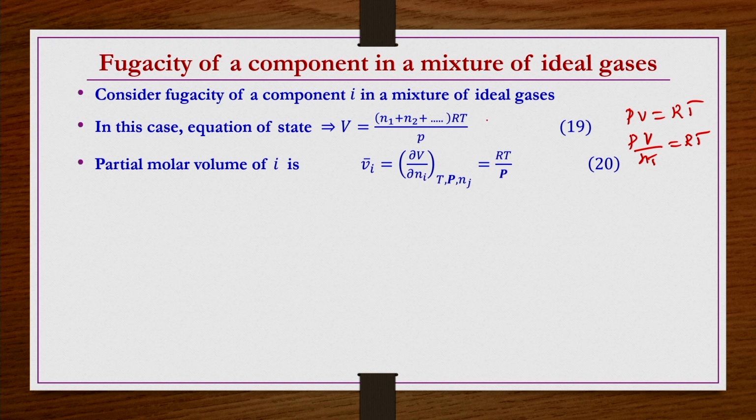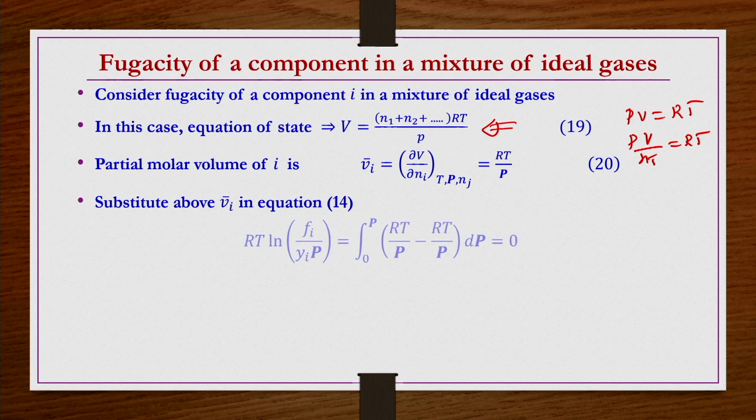So, if you do partial differentiation of this equation with respect to Ni, you get RT/P. Let us say i = 1, then RT/P times ∂N1/∂N1, that is 1, plus ∂N2/∂N1, and all those other terms are 0. So that is the reason the Vi bar for this case is nothing but RT/P.